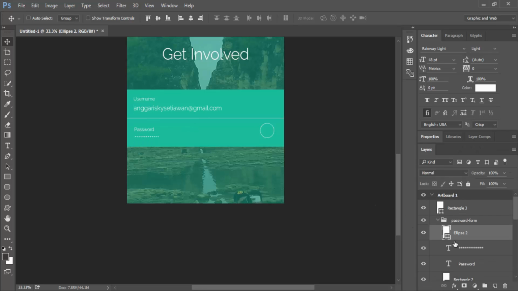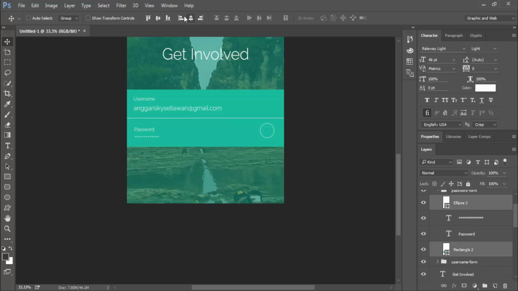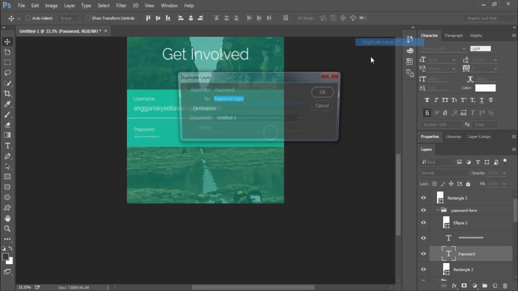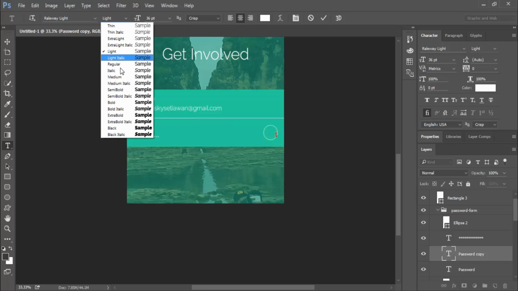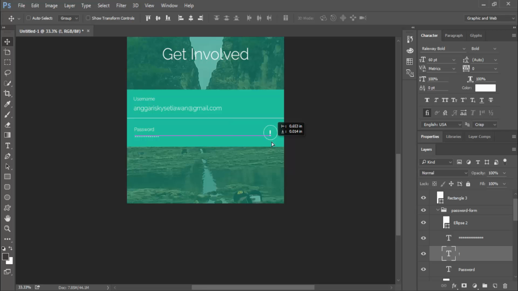Okay, one, two, three, four, 5. And we can duplicate the password text and change it using the warning, bold, with font size 60, like this.